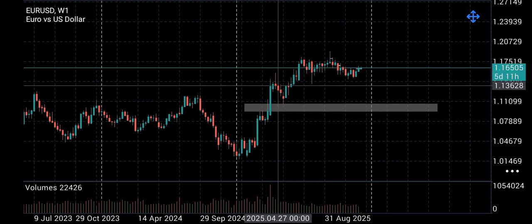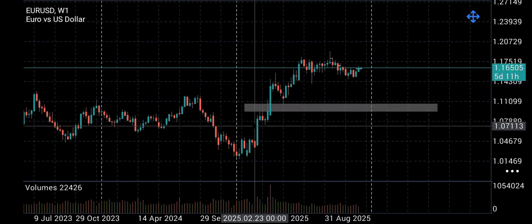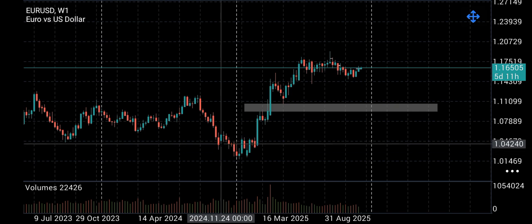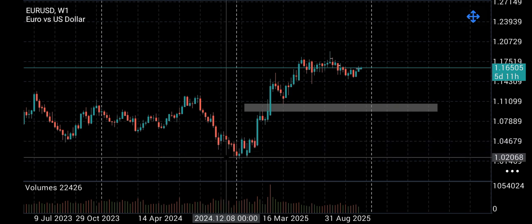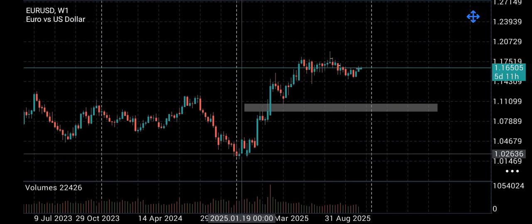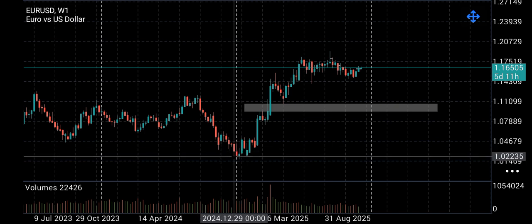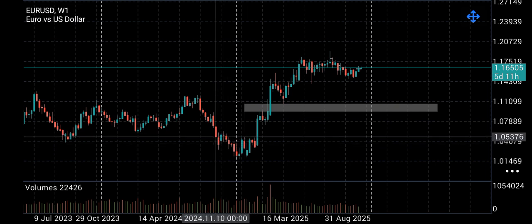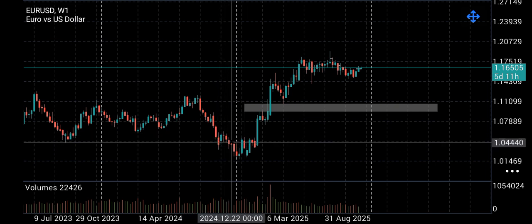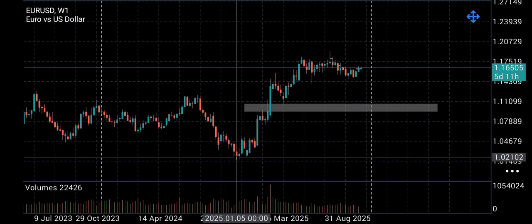So as it is right now, let me give you an example. This is accumulation. Here you have the accumulation. Okay, and then you have the manipulation. If you notice, this candle first traded below as though it's going to continue down, and then it closed inside, and from there the market changed direction. So what you have here is the accumulation, and then what you have here,